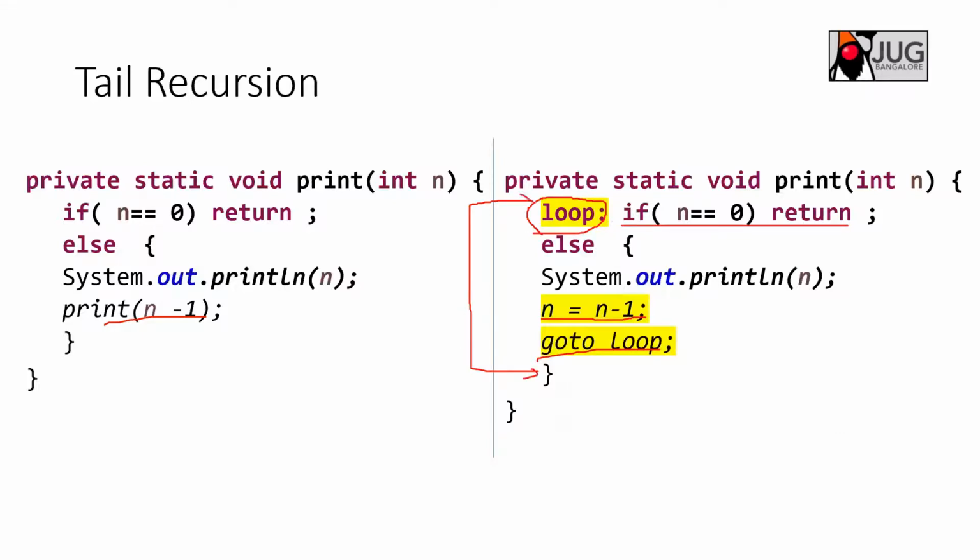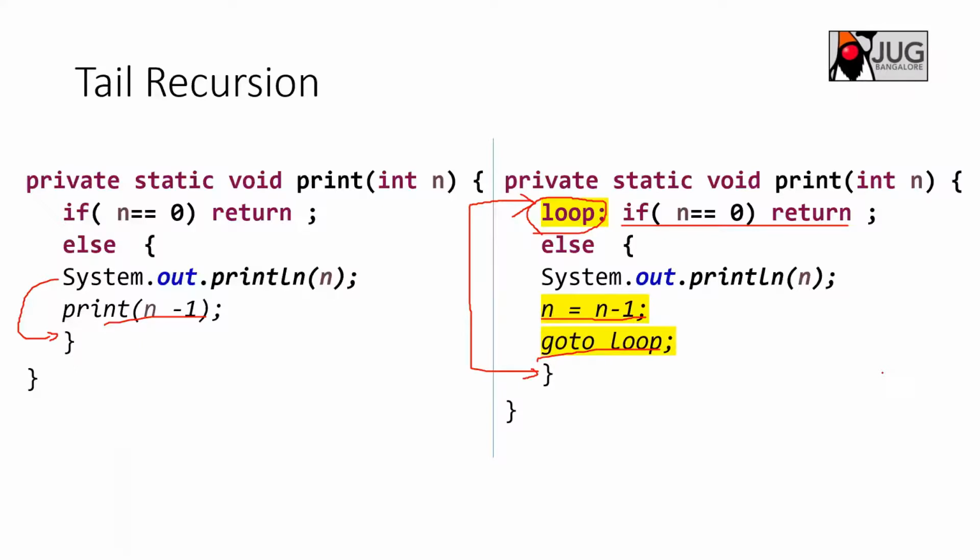So that is the advantage of tail recursion, when you have the last function to be executed as a recursive call. But let's assume that if this System.out is there after this print, like what we just observed when you are trying to print from 1 to n, you cannot do it like this. The loop cannot be added because every time you need to execute that print statement. So that makes things a bit difficult, or you need to save the stack pointer and do a lot of things. So it adds overhead on the stack. That is the reason we say that if the function is not tail recursive, it adds overhead or performance overhead.